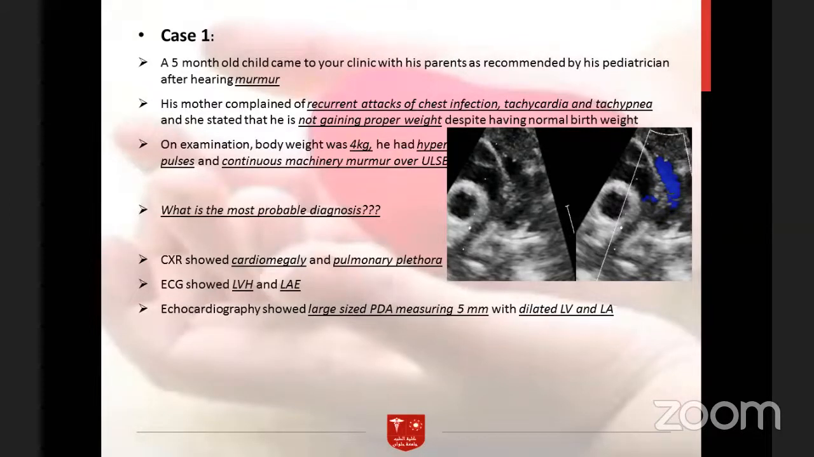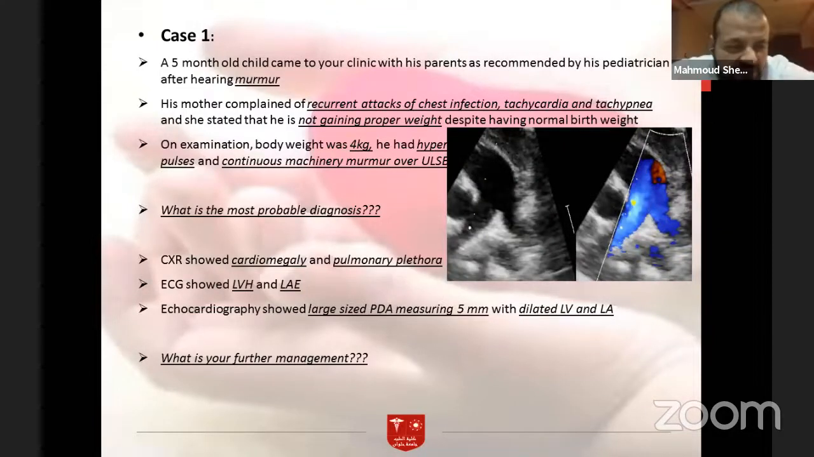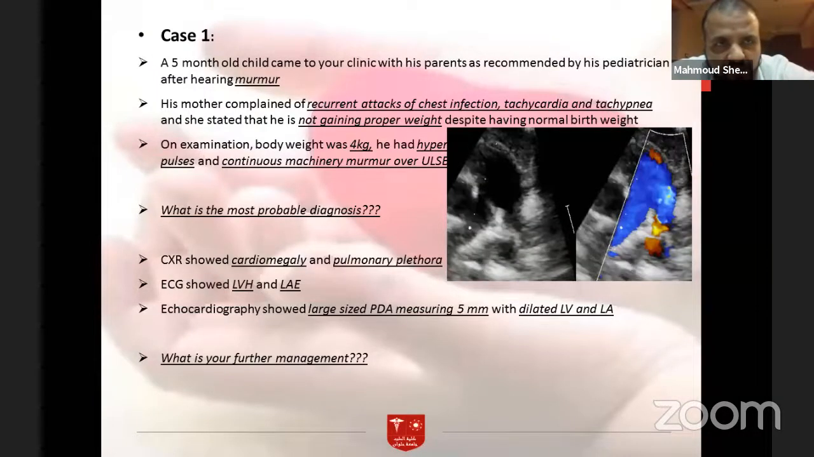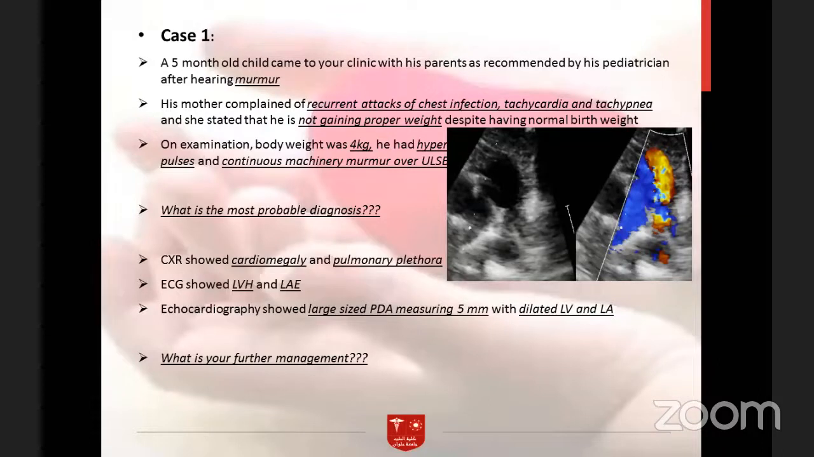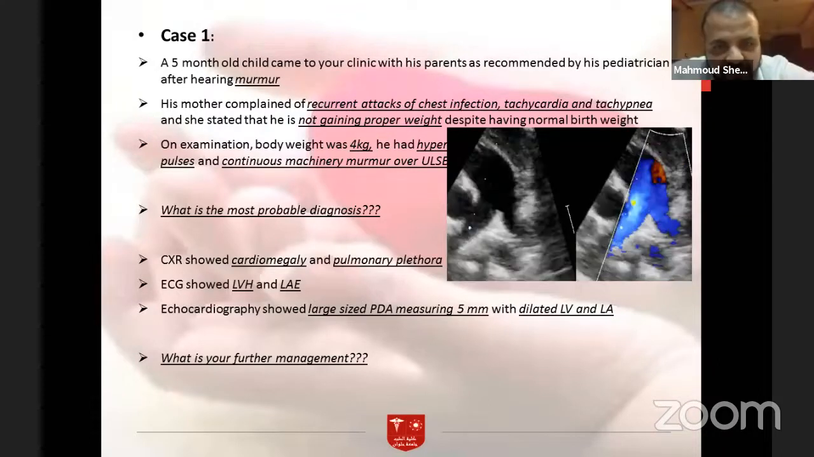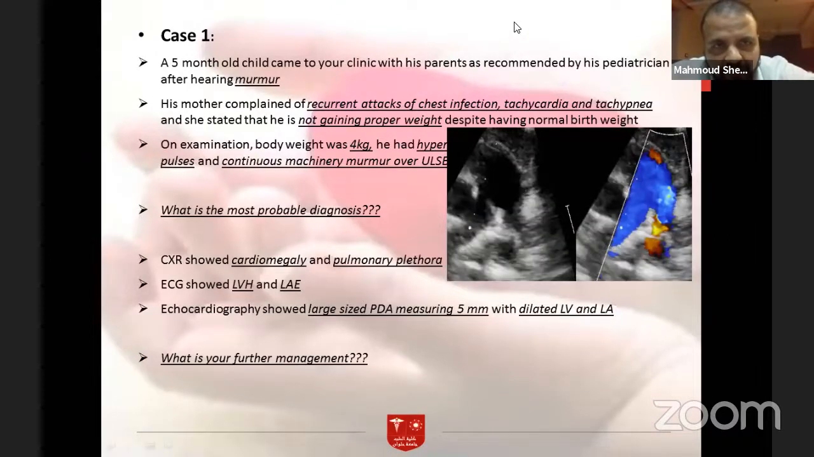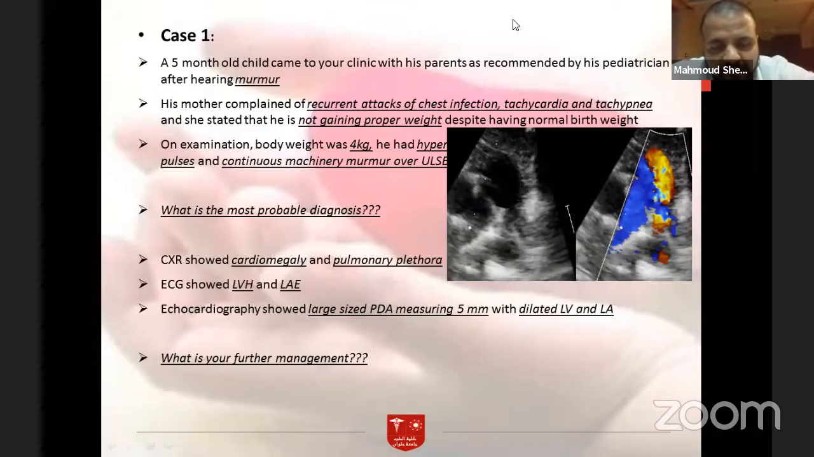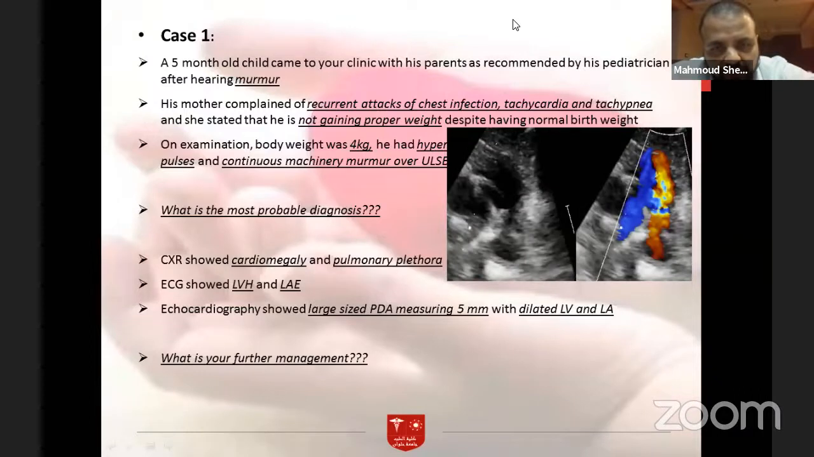So what is your further management? I think based on what you have discussed earlier, the classification showed us that the 3 to 5 millimeter is a moderate size PDA, but in this case, we have a 5-month-old baby. He's a fragile baby with a poor weight gaining. His weight is 4 kilograms, and he's having 5 millimeter here. I would consider it very large PDA